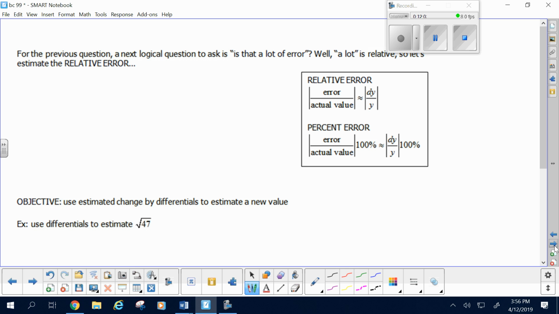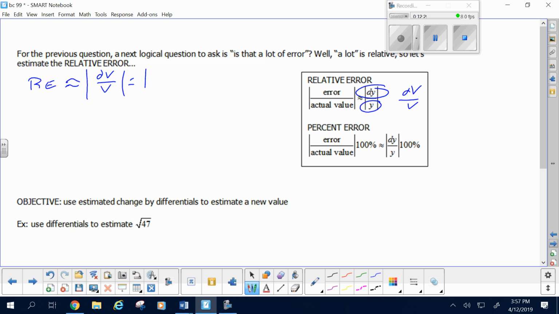Relative error then is the idea of taking your error estimate, which in the previous case would have been dV, and relating it to what you actually measured, which was the volume. That calculation, removing the plus or minus, is relative error. So if I were to find the relative error for what we just did, dV